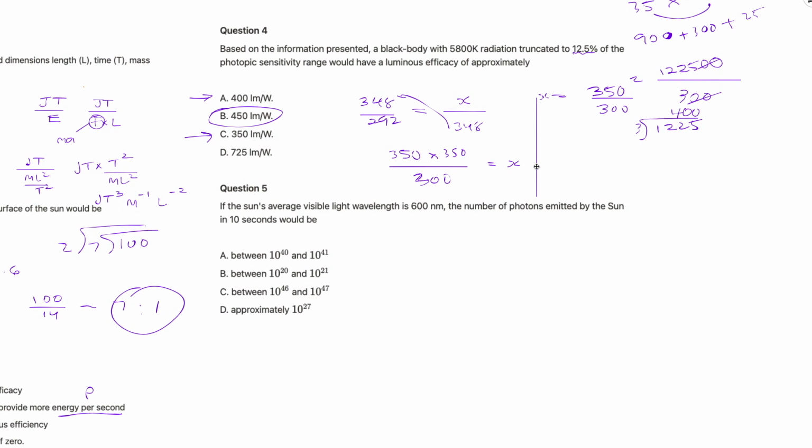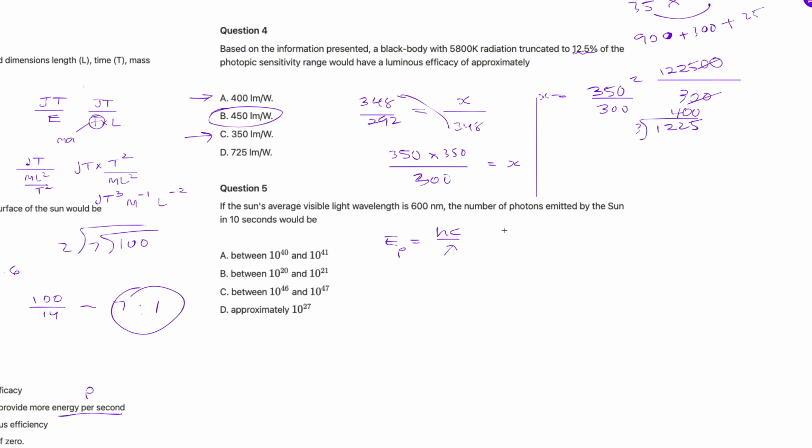With question 5, if the sun's average visible light wavelength is 600 nanometers, the number of photons emitted by the sun in 10 seconds would be what? And we're looking at just rough calculations here. So again, you don't have to be super accurate, but this is a bit more of a maths heavy question for sure. So we're told that the energy of a photon in the stem is given as hc on lambda,